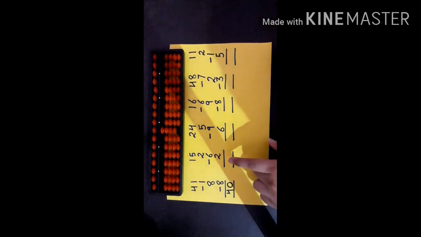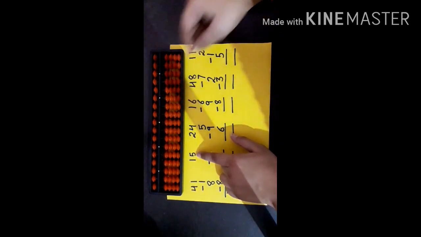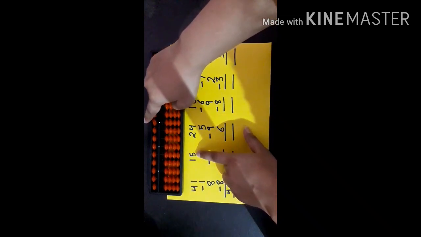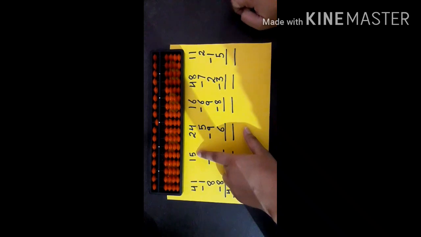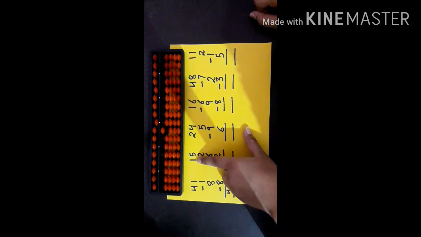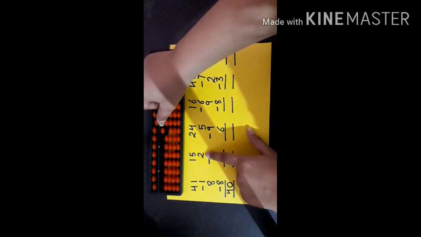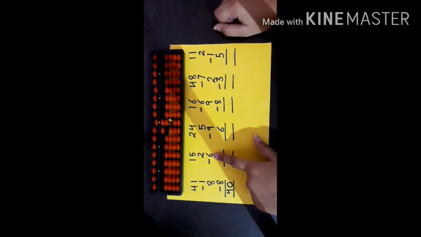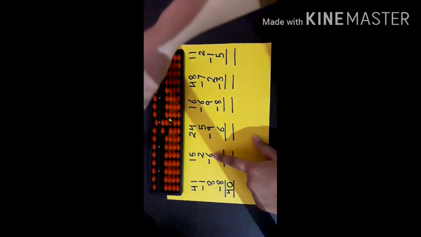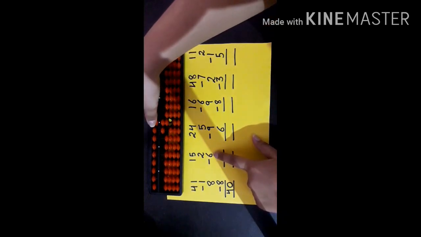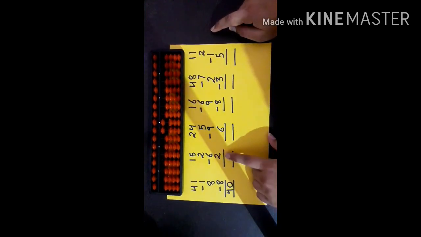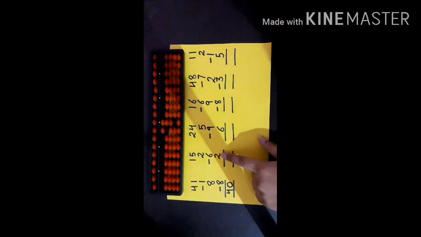Now your second sum. Set your abacus. Now here the first number in first rod, which is 5. Second number in second rod, 1. Now add 2. 1, 2. Now minus 6. Now for 6 you have to use 5. Minus means back. So 5 back to its position, 5 and 1, 6.